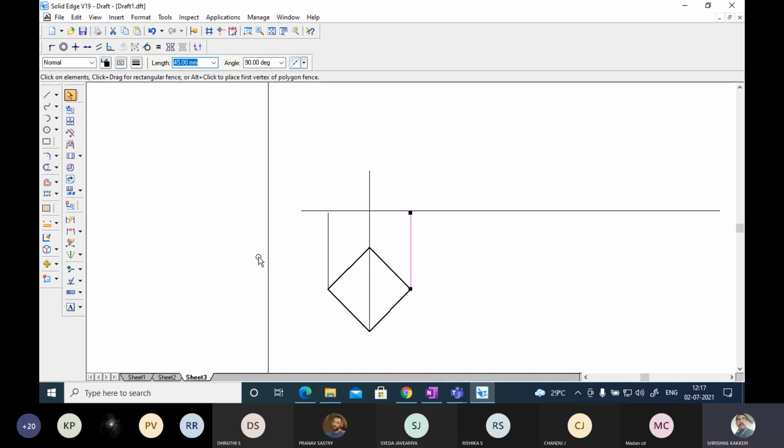From here I have drawn these lines. If the line is little extended, you can extend. If you don't want, you can trim also. And I want a line from here at a height of 60 mm, 60 tab 90 degree. I have drawn this line, okay, and the same line